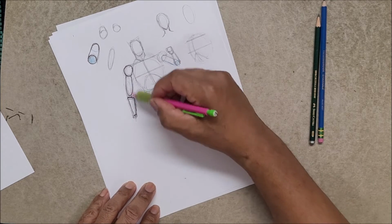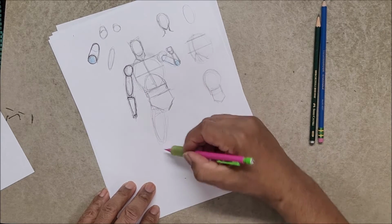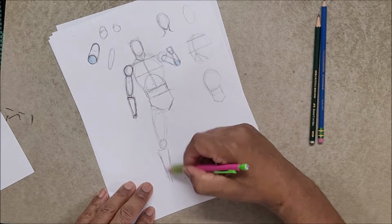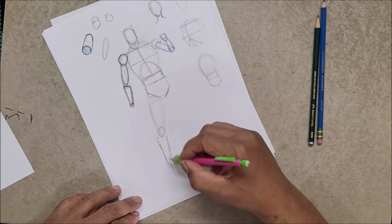So this is going to be the same shapes as this, except this is going to be the knee. So we're going to have an oval, we're going to have that circle, and we're going to have that cone right here. Again, oval. Now, I'll bring that up for you guys. Oval. And then the foot, I'm going to do a video on feet because a lot of people are having